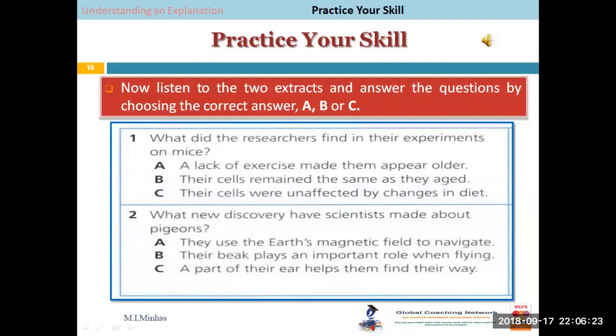I'm giving you 30 seconds to go through these questions, and then I'll play the recording and explain. For now, before answering, or before even listening, try to sum up the recording. Now, Amjad, this is the time you can practice. You have understood question number 1 very well, isn't it? Yes, sir.